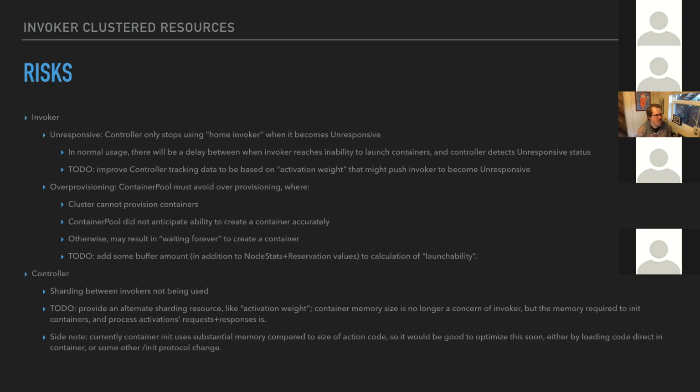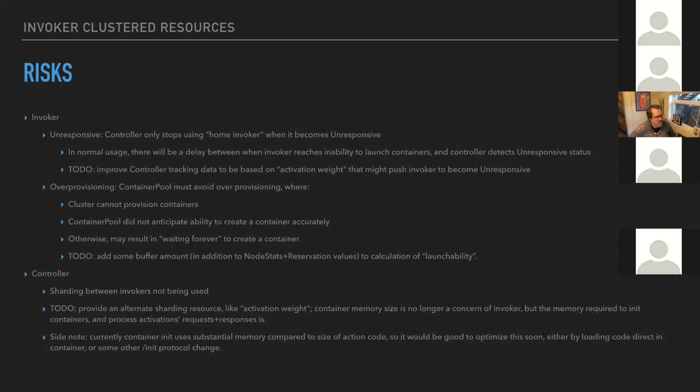But for now, the big change there is that instead of doing accounting at the controller now to track which invoker should be used, it would strictly be based on whether it's healthy or unresponsive. And another optimization that I mentioned here is to improve controller tracking data to be based on activation weight, instead of only being based on being unresponsive.